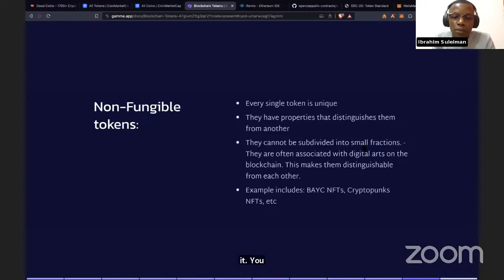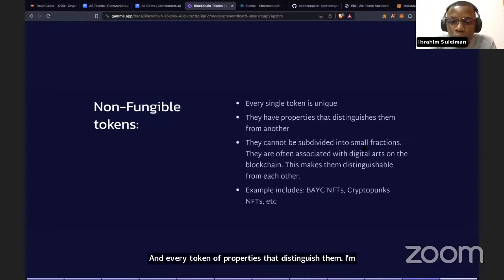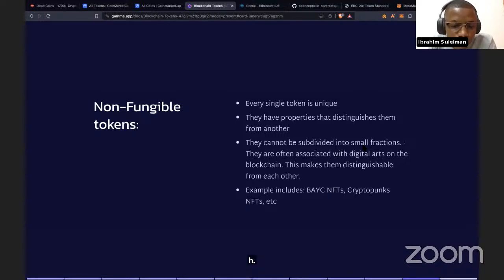So for non-fungible tokens, every token is unique, and every token has properties that distinguish them from one another. Non-fungible tokens are popularly called NFTs. Some of us might have heard of NFTs in the past, but this is what they are. They are unique and have properties that distinguish them from one another. And the thing about NFTs is they cannot be divided into small fractions,